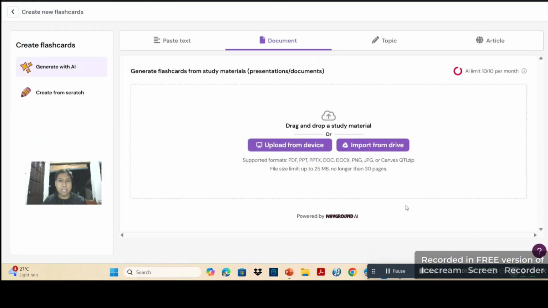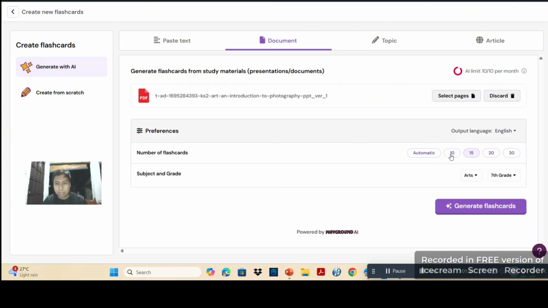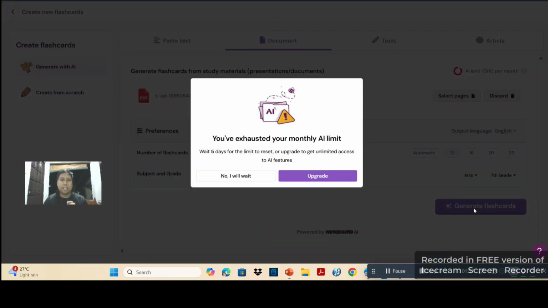Let's open it and see how Wayground creates it like magic, because AI can do the task. We'll choose how many items. I will choose only 10 and generate the flashcard. Just click Generate.